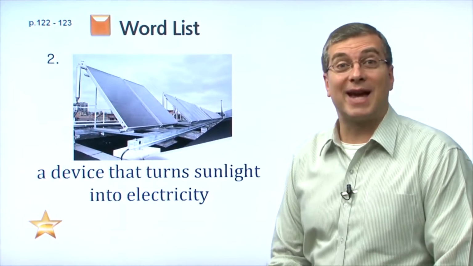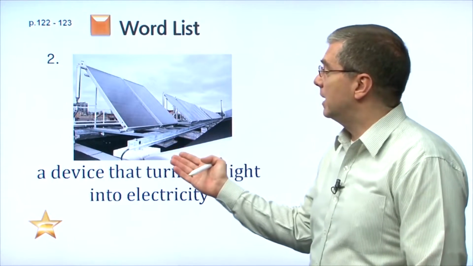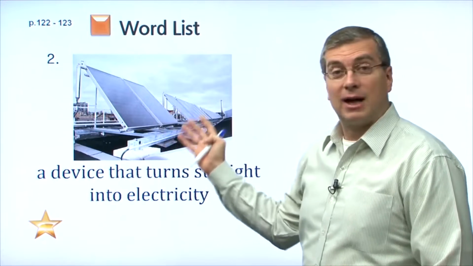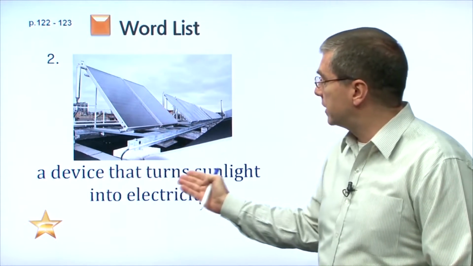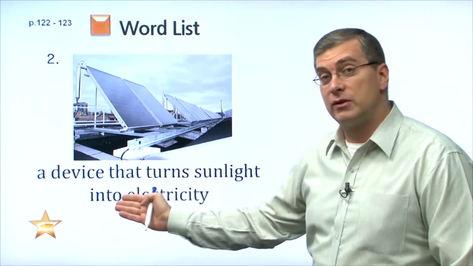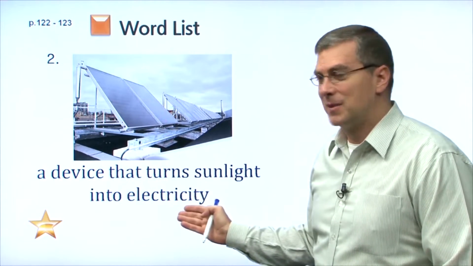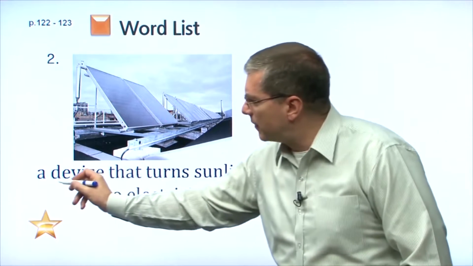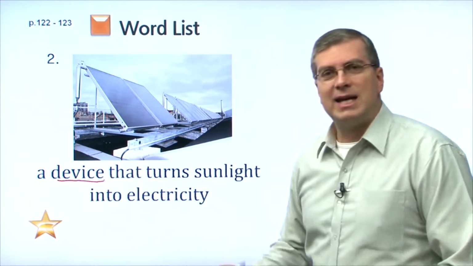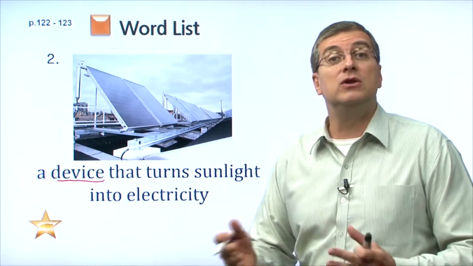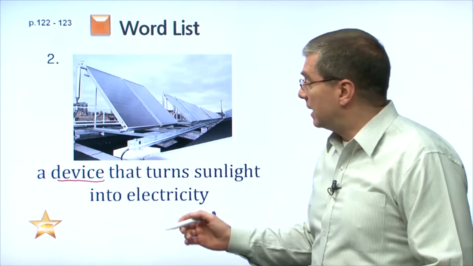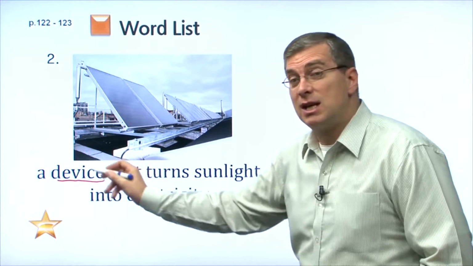Okay, let's look at our second word. Our second word is about this device here. We can see it's a device that turns sunlight into electricity. So let's look at this here. A device. A device is a machine or a tool that you use to do something. In this case, it's a device, a machine that